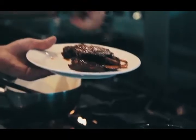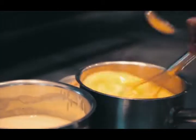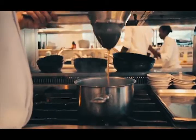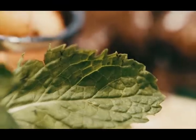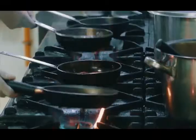The magic starts here, in the kitchen, the heart of the restaurant. It's this efficiency of preparing food that will contribute to a consistent result each and every time you serve up a dish. Everyone can create a great dish once, but the real challenge is in reproducing the same great dish 100 times